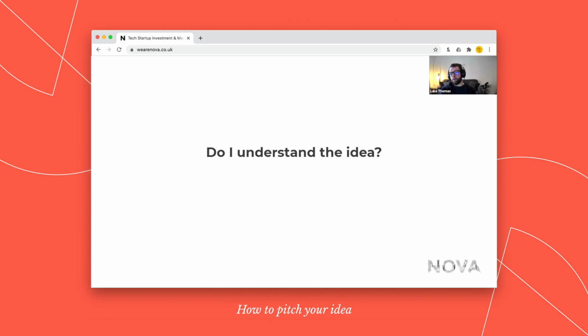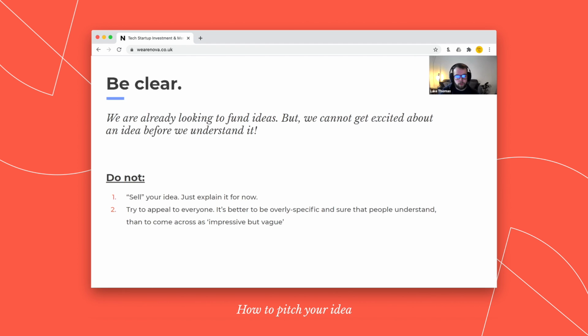So the most simple bit that founders often get wrong is, do I understand the idea? Like, do I, as an investor, get what you're saying? Not whether I believe it, not whether I want to invest in it, but do I simply understand it? So many founders don't get this bit right. They overcomplicate or they oversell. So be clear with what it is you're going to do. You don't have to go into massive detail, but